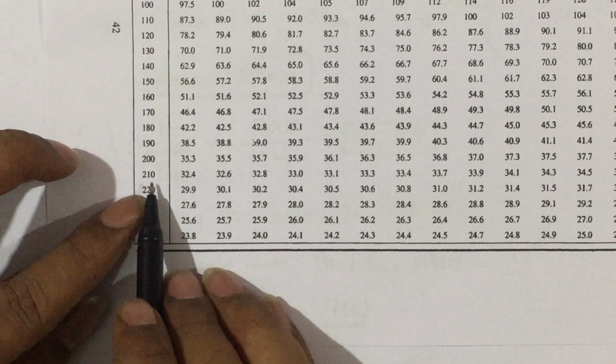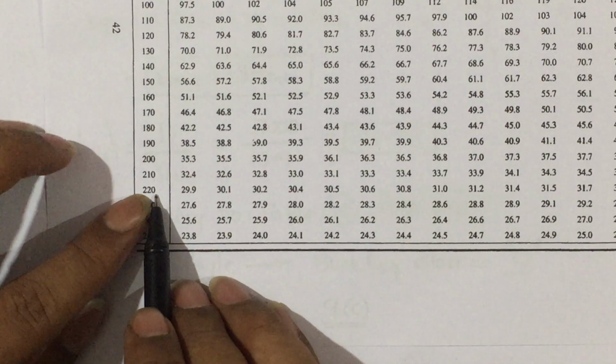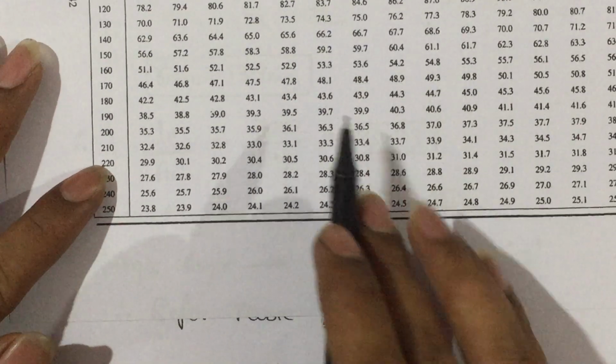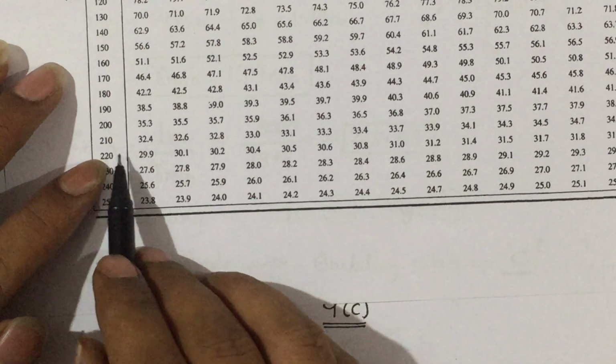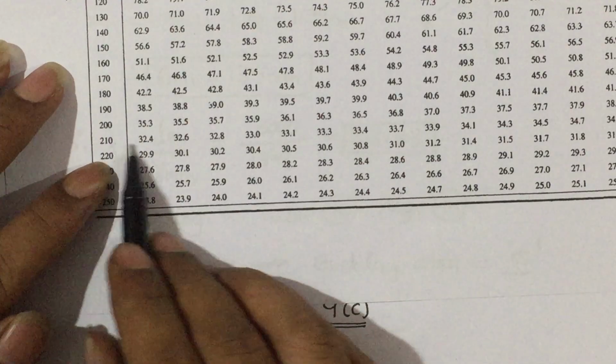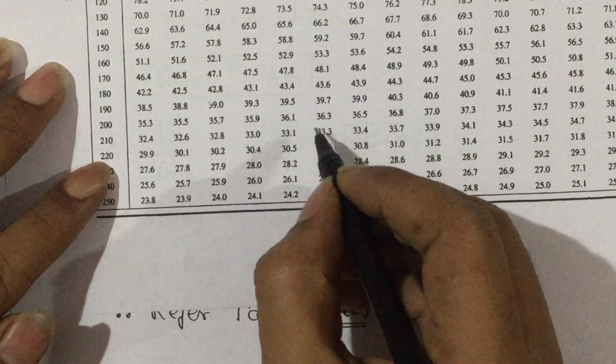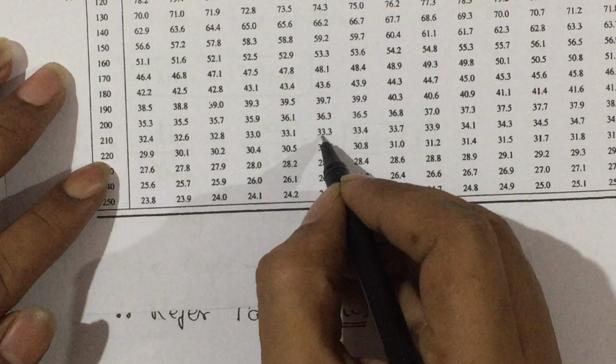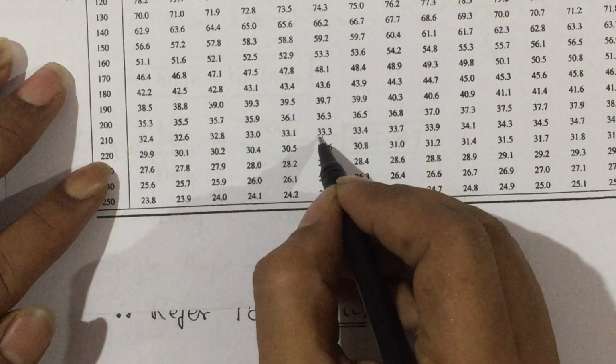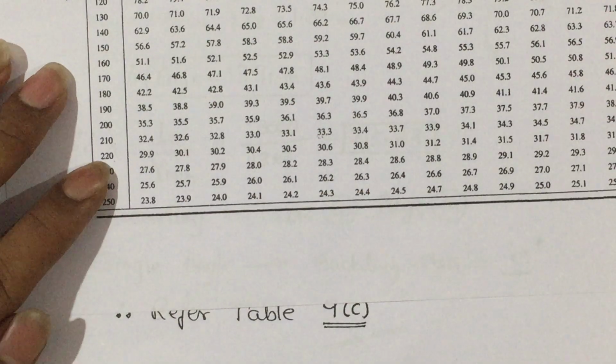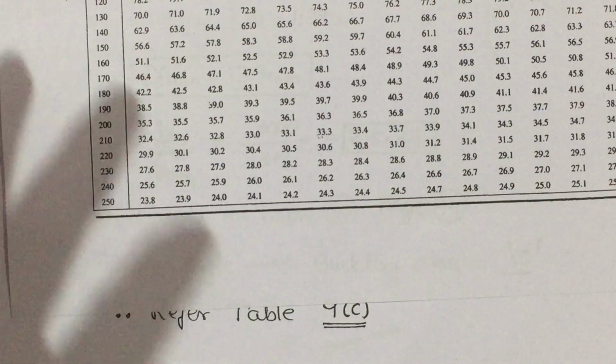So, 215 comes between 210 to 220 and Fy value is 250. With respect to that, we are going to get the values. We are going to get two values, that is for 210 we are going to get it as 33.3. I will write it and show you.